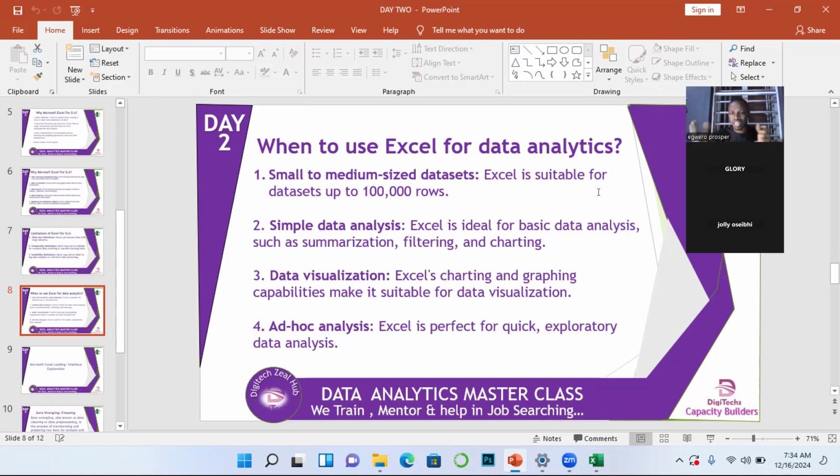Excel charting, that is the graph. That is the graphing. Excel has a lot of inbuilt visualization tools which can be used for visualizing your reports. Then ad hoc analysis. That is, Excel is perfect for quick exploratory data analysis. So these are some of the factors an analyst should always consider in order to use